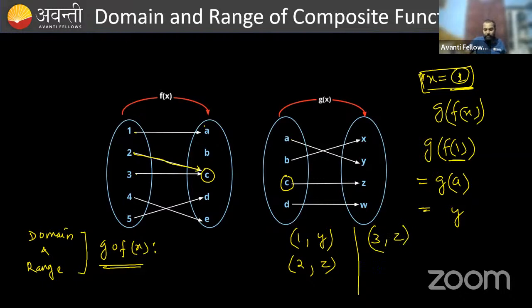So let's now take 4. 4 is mapping to E in f of x. Okay. And again, E is present in g of x, yes or no? In the domain. So now see, E is the output of f of x. E is output of f of x, but E does not belong to